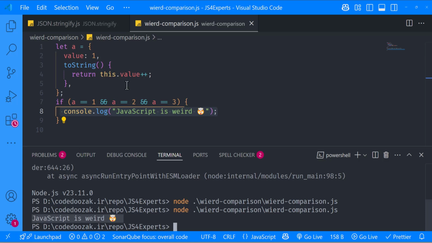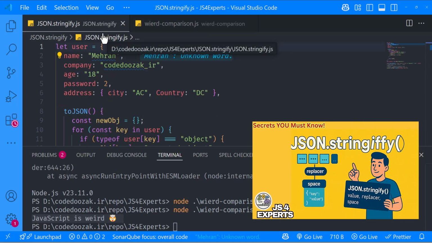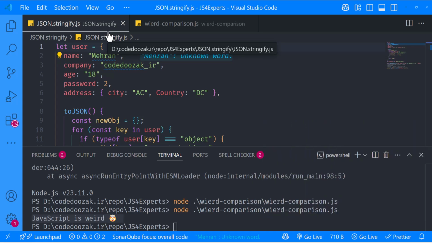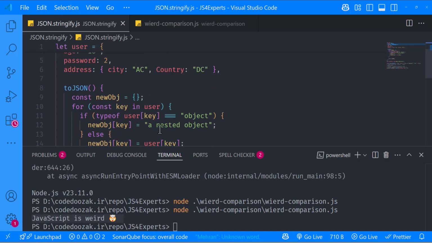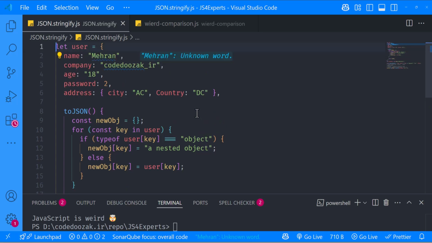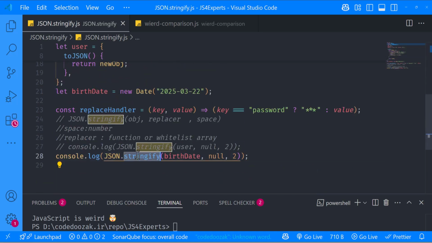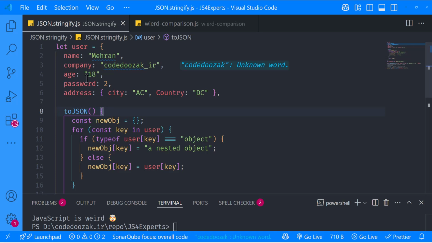In our JSON.stringify session, which was a very magnificent video, we already had something like this. Let me make this a little smaller. In here we had a user object and we told you that when you call JSON.stringify, it looks for toJSON in the user.